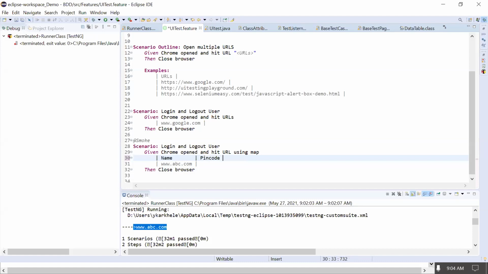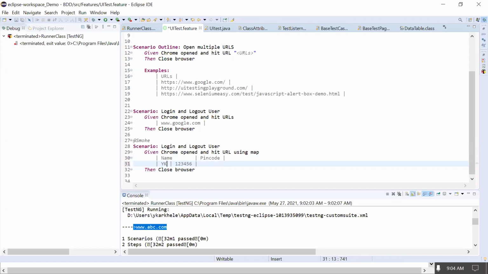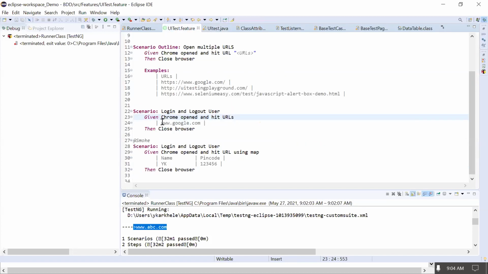Pin code. Like this, you are talking about, right? Hey, Diksha, sorry, I lost my connection. Yeah, pin code, and www.abc, you can write some name there. Yes, I can write it here. Suppose I put YK. Okay, any kind of data we can give? Yes, any kind of data. This is just an example I'm putting here. And we can give multiple data as well here. Let me try it.